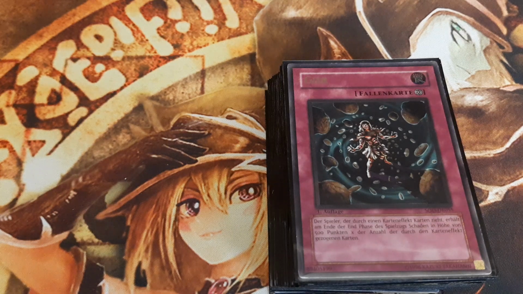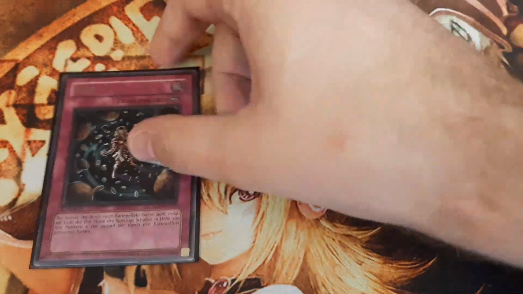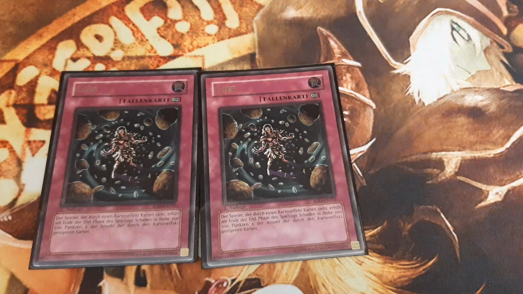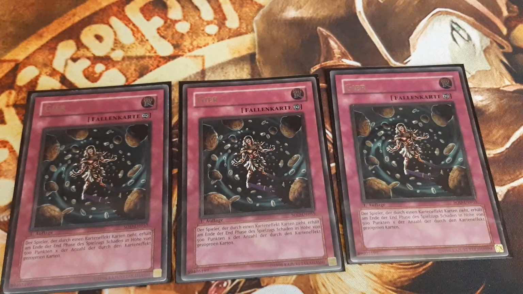This deck is called Creed Burn. It is named after the continuous trap card Creed, that punishes players for drawing cards outside of their draw phase. During the end phase of a turn within which he has drawn cards outside of his draw phase, he receives